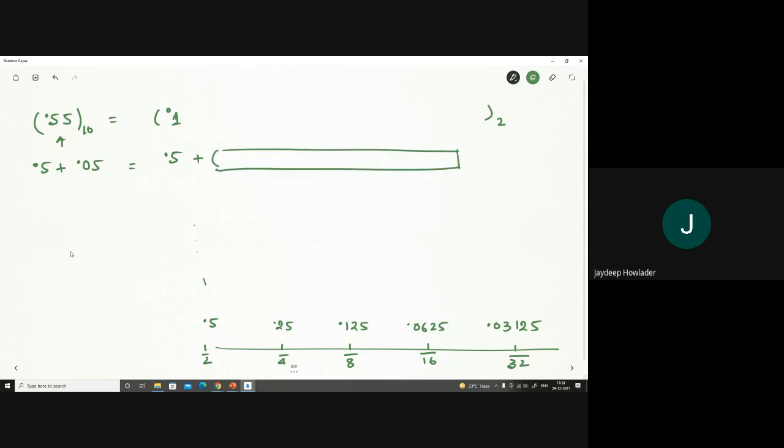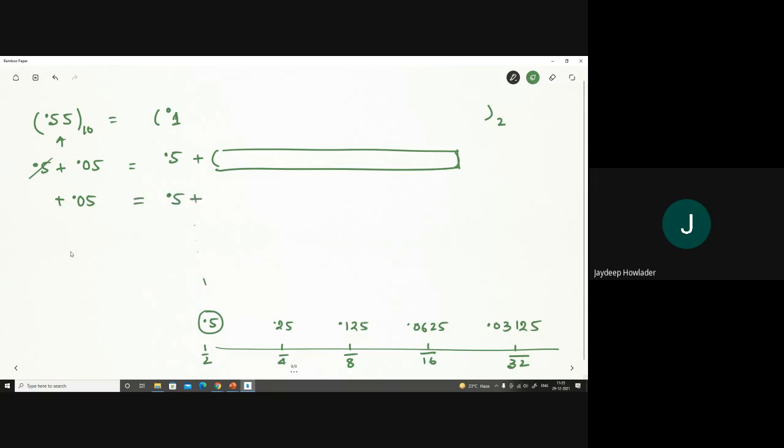There should be something in this form. I have not yet resolved the whole part, but I have resolved that if I take the first positional value, then it will represent 0.5. Okay. Understand? Do you get this point? Yes, sir. So this part is done. Now I have to represent the remaining part, which is 0.05. Already 0.5 is taken.